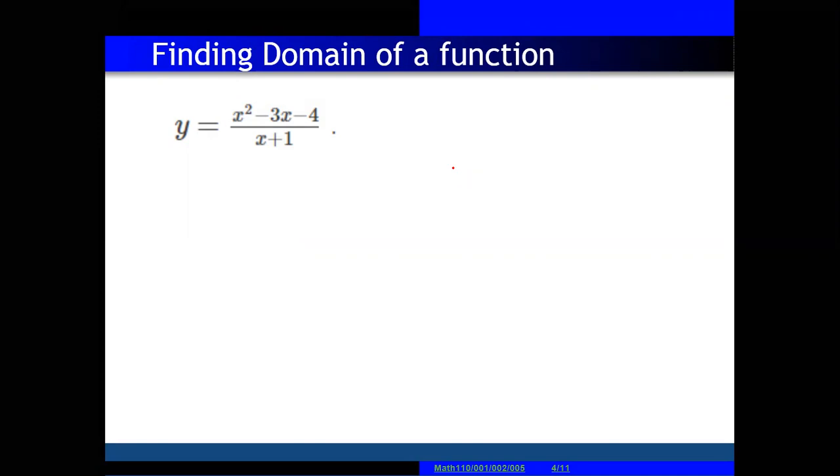First let me try and factorize this one. We have a numerator x square minus 3x minus 4. Can we factorize this one? What is the method of factorization? We have a as x square, b, and c. First of all the rule is a multiplied with c, first number multiplied with last number. The last number is minus 4 multiplied with x square, equal to minus 4x square. And b is equal to minus 3x.